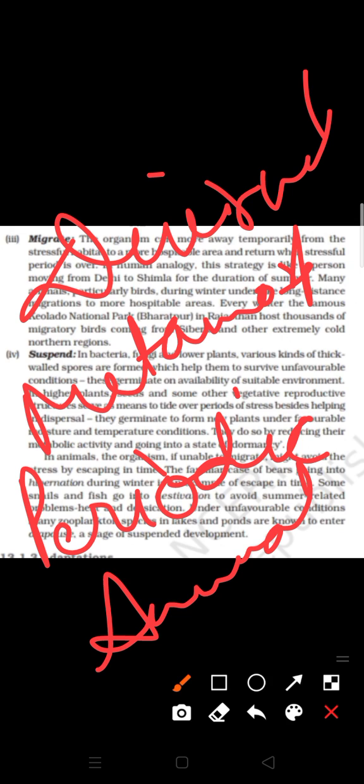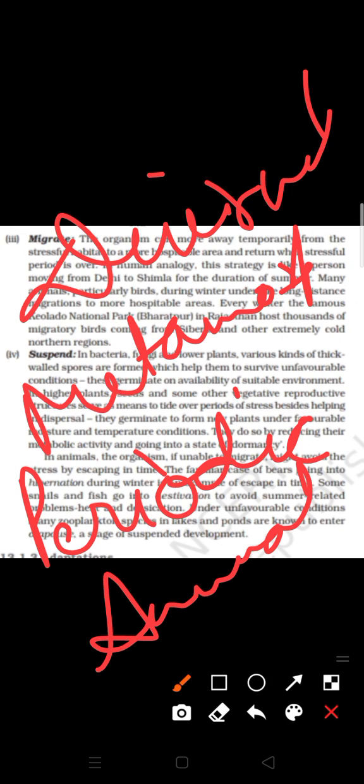Metamorphic migration means, like salmon fish, moves for a stage of life, for spawning or after laying eggs. So the movement takes place, they move from marine water to sweet water for laying eggs. So this is also known as the metamorphic migration. One stage at a time, children, in showing migration.